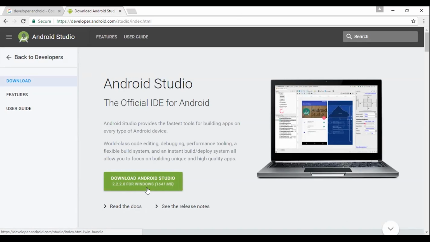You just need to click next, next, next. It's a few simple steps to download and install. It's very easy. And then it will ask you for the SDKs. Guys, what are SDKs? SDKs are the software development toolkit for Android, which consists of the platform tools, different API levels